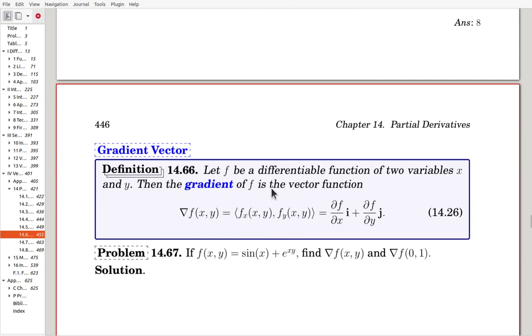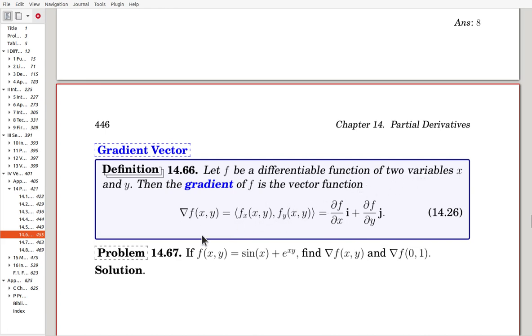F is the differentiable function of 2 variables, x and y. Then the gradient of f is the vector function, and we are using notation. Del f is not really del. This is nabla. Nabla f equals f sub x, f sub y, the vector. And we may write in this way, x partial derivative i plus y partial derivative j. You can write either way, but this one has a name, so we call it the gradient for function of